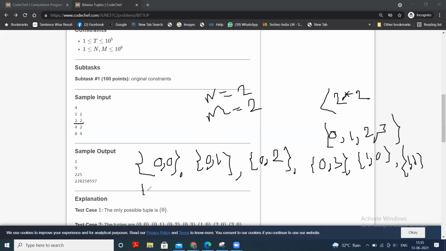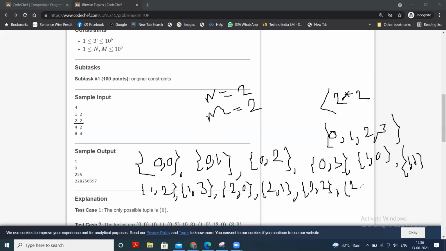In this way, 1, 2, 1, 3, 2, 0, 2, 1, 2, 2, 2, 3, 3, 0. Next is 3, 1, 3, 2, 3, 3.